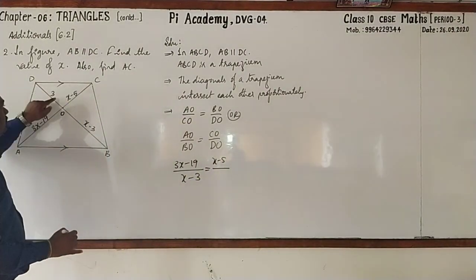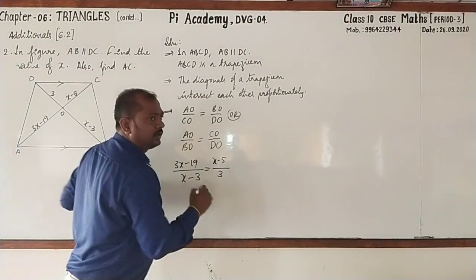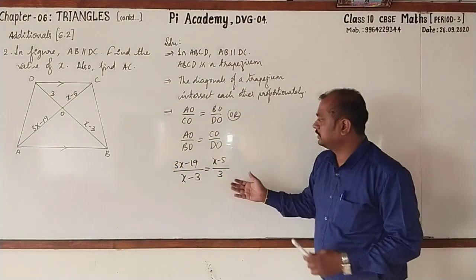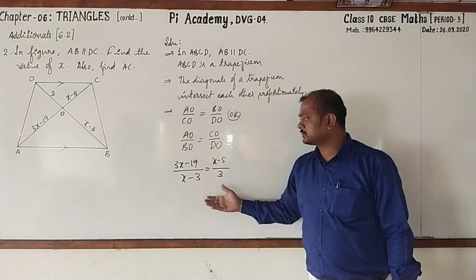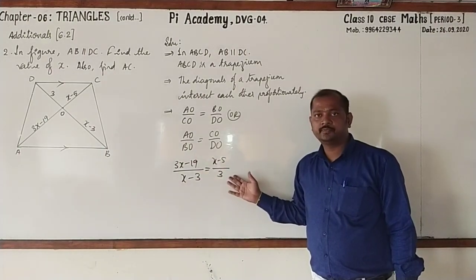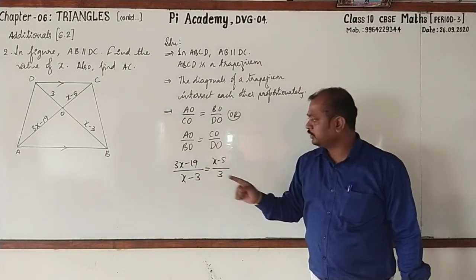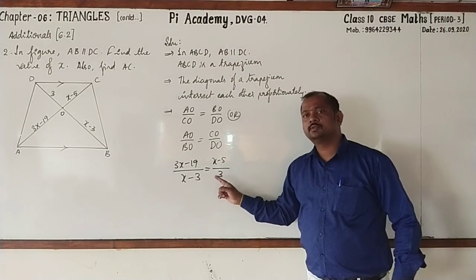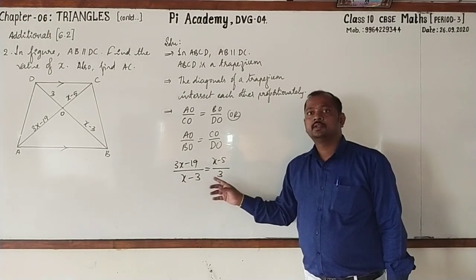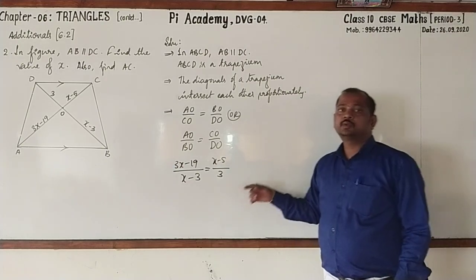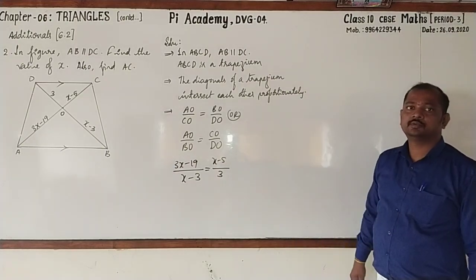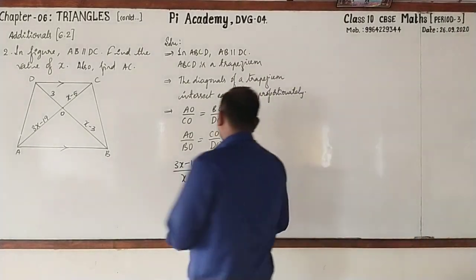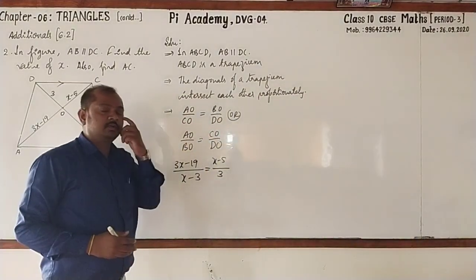And DO. DO is 3. Okay, dear students, now we have substituted. We have already come to know how to solve x when the statement is like this. Do one thing, pause the video and solve x. Then after that, you can cross check with my explanation. Yes, pause the video.